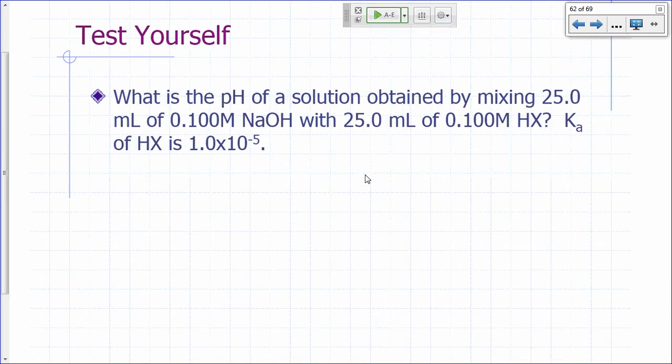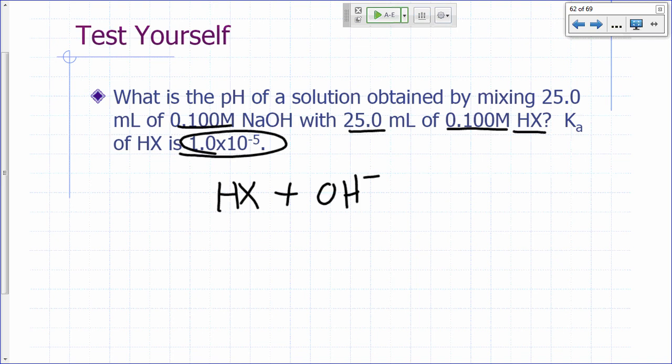Let's look at this one. This is a similar problem, except that this time we're dealing with a weak acid. So you have 25 mL of 0.1 molar sodium hydroxide and 25 mL of 0.1 molar HX. Okay, but this time you have a weak acid, and Ka of the weak acid is 1 times 10 to the negative 5. What's our reaction here? HX plus hydroxide will give you